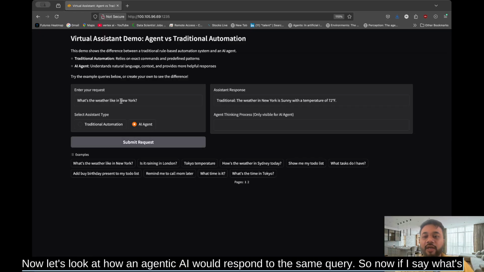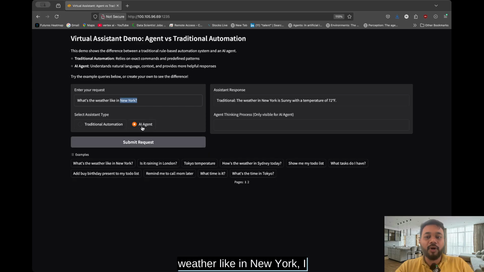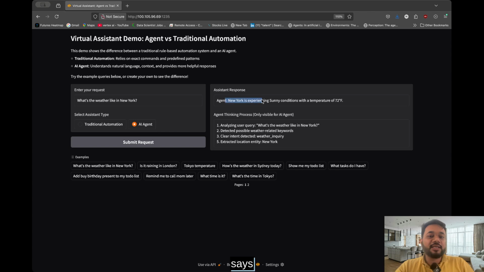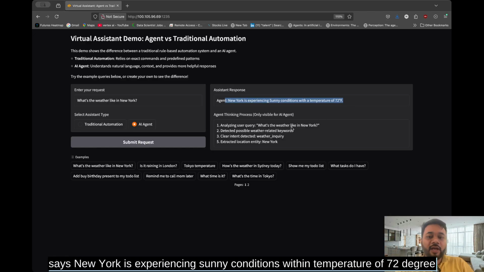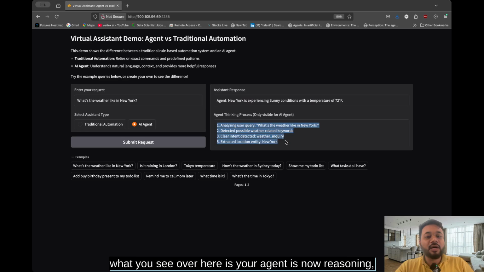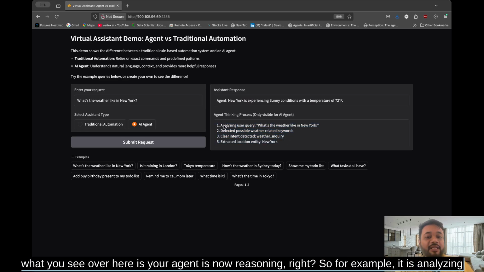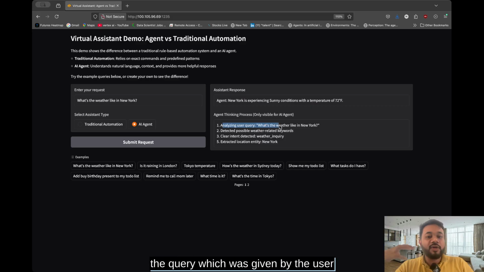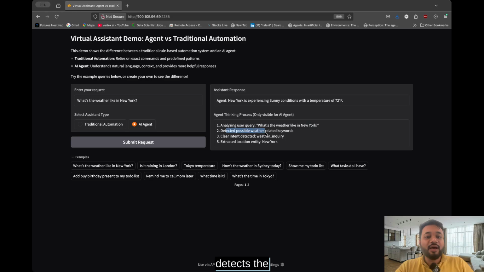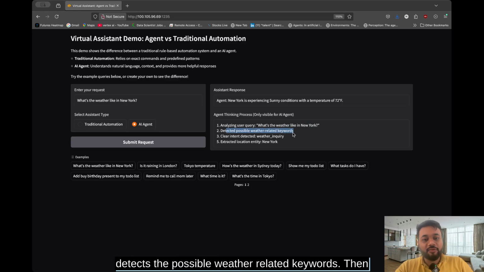So now if I say what's the weather like in New York, I use Agent AI and I submit the request, you will see that the agent says New York is experiencing sunny conditions with a temperature of 72 degree Fahrenheit. But what you see over here is your agent is now reasoning, right? So for example, it is analyzing the query which was given by the user, which is what's the weather like in New York, and then it detects the possible weather related keywords. Then it